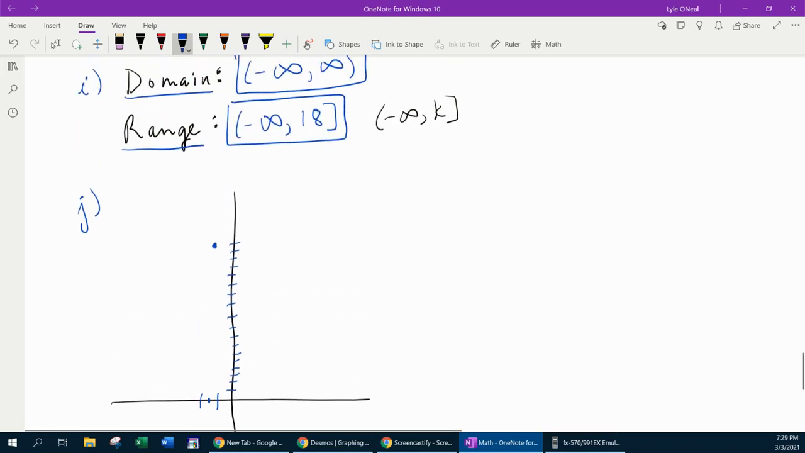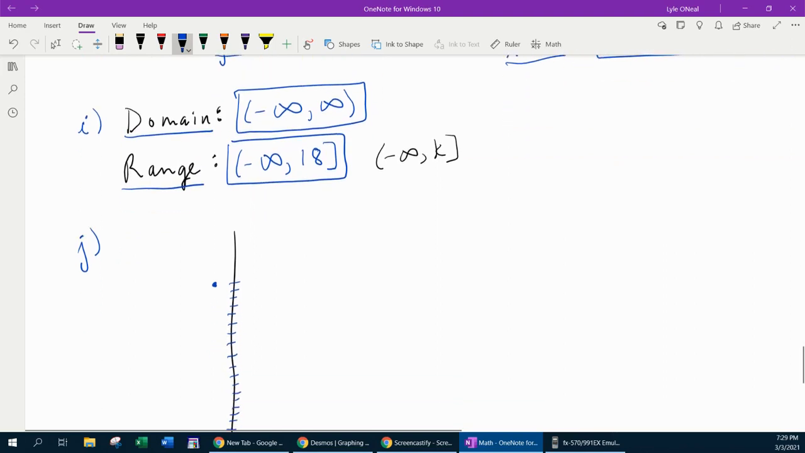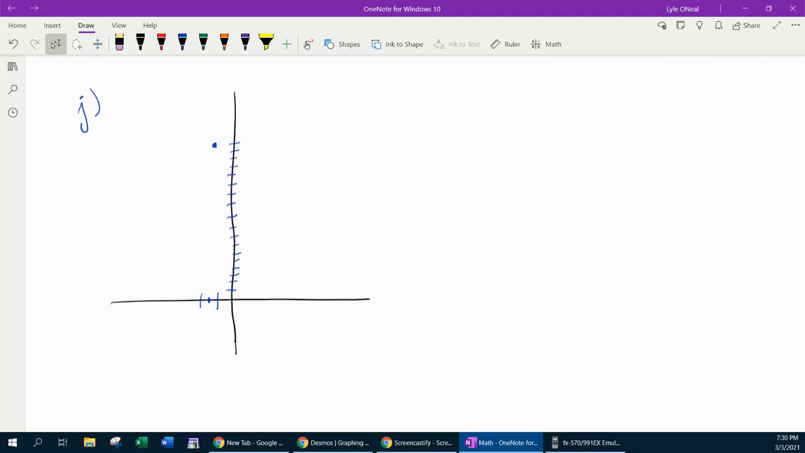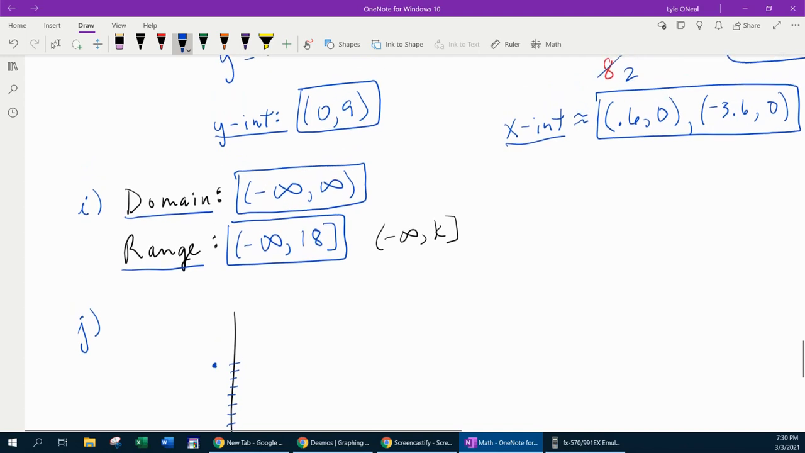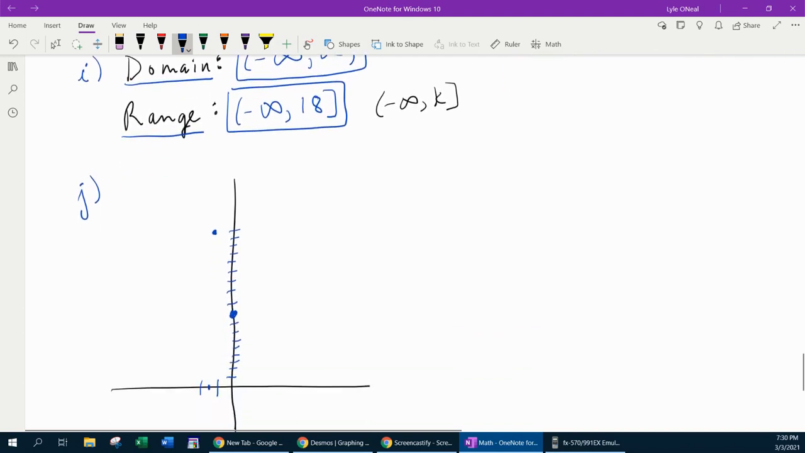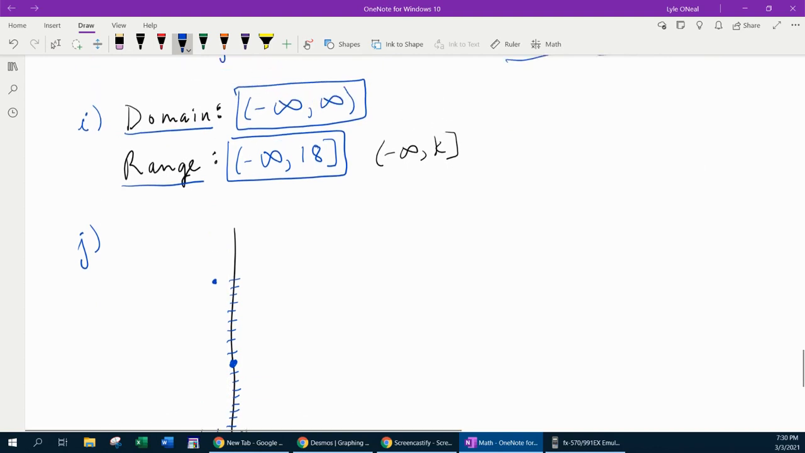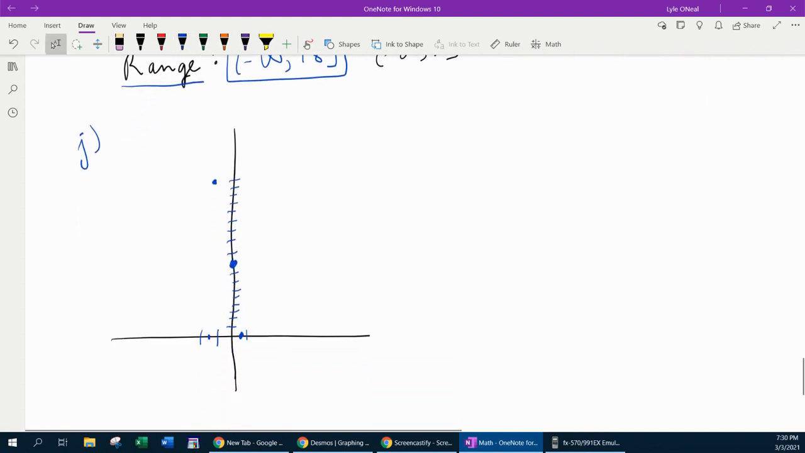Next, let's do the y-intercept. 0 and 9. 1, 2, 3, 4, 5, 6, 7, 8, 9. Right there. And the x-intercepts: 0.6, which is about there, and negative 3.6, which is about there. And then if we sketch in our axis of symmetry,